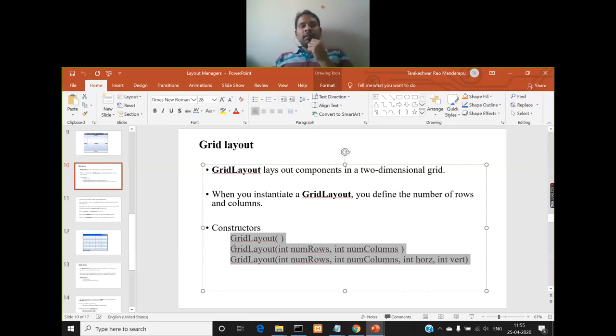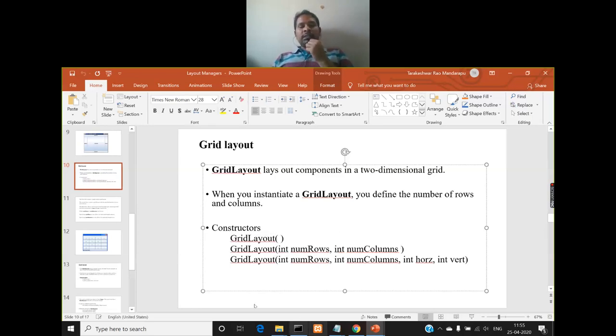Coming to the second one, it has two integer parameters. Those two integer parameters are related to the number of rows and number of columns. The first integer specifies the number of rows that you can have in your applet window in the grid, and the second parameter specifies the number of columns that you want to have in your applet window.